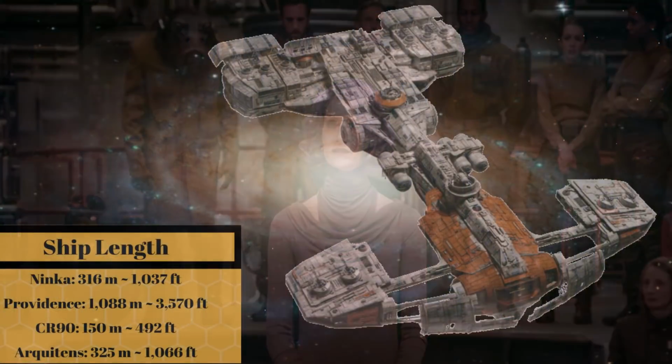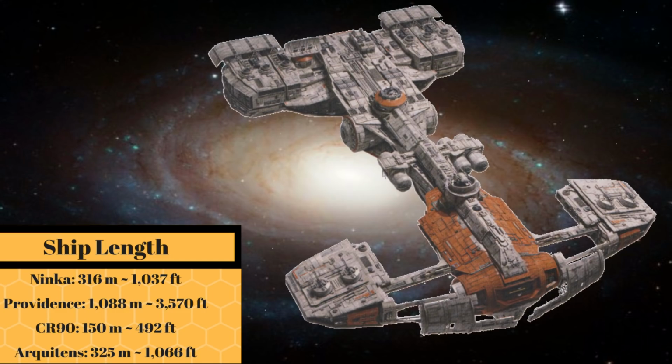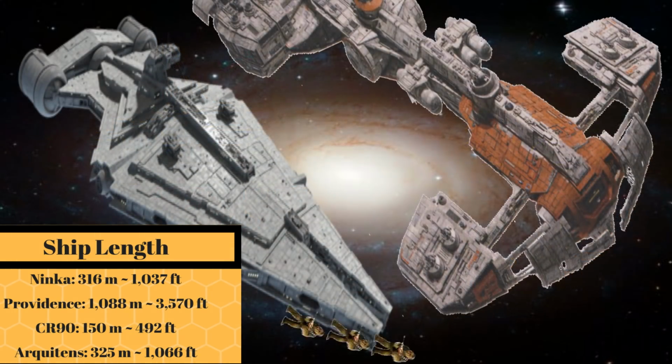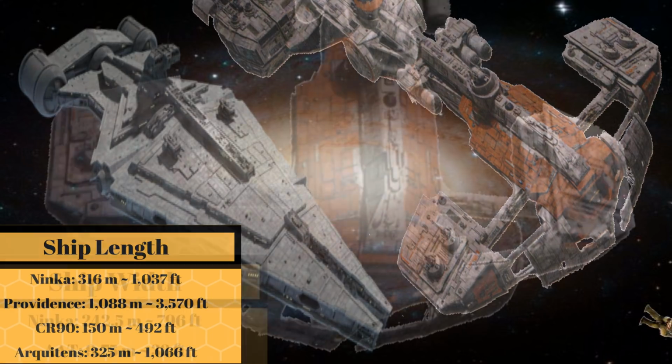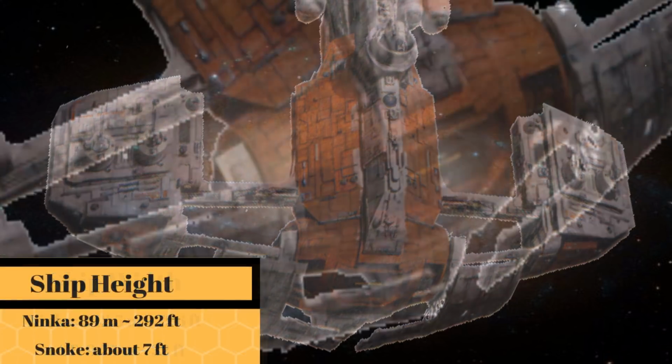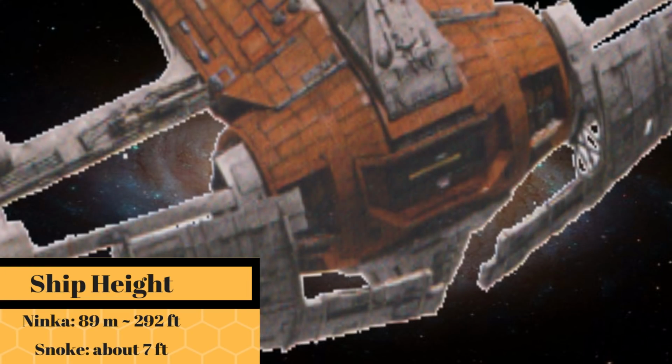At 316 meters or 1,037 feet, it was about a third of the length of the CIS Providence class capital ship, and only a couple Wookiees longer than the Arquitens class command cruiser, which was used by the Empire. At 242.5 meters, or 796 feet across, this ship was as wide as 25 armored assault tanks, and with a height of nearly 89 meters, or 291 feet. It was about 42 Snokes high, or 84 Snokes if...